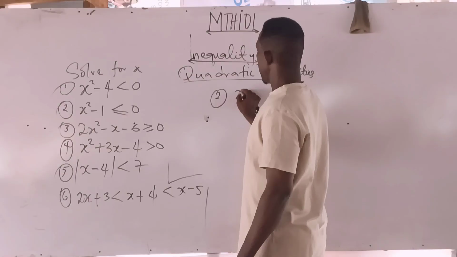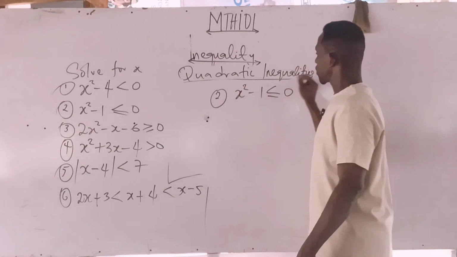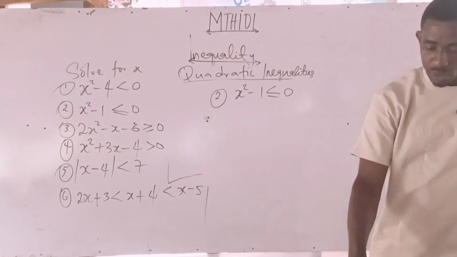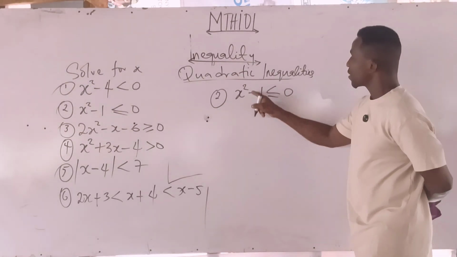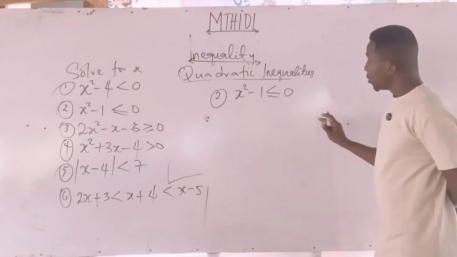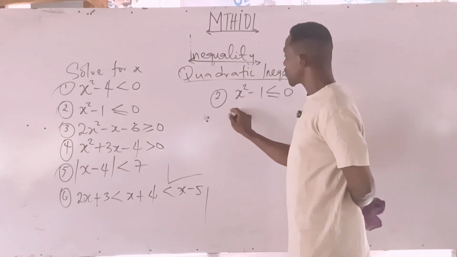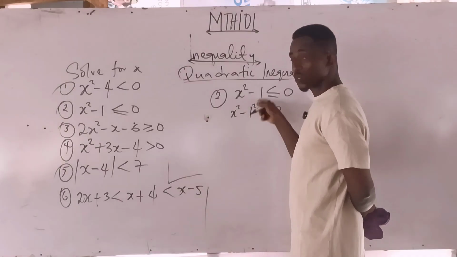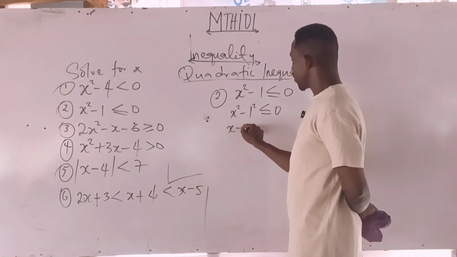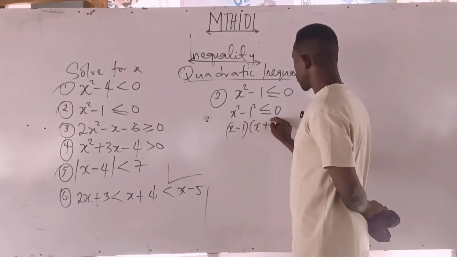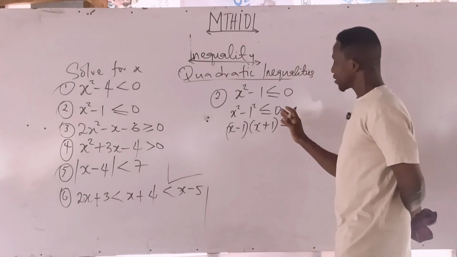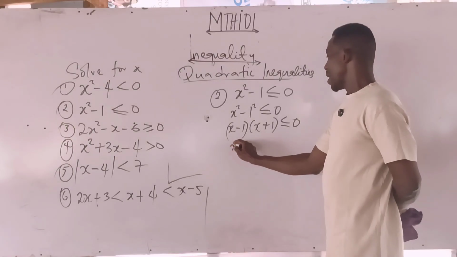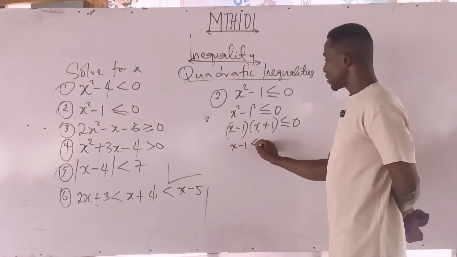Number 2, x squared minus 1 less than or equal to 0. Pay attention, okay? It's less than or equal to 0. So you now say again, difference of two squares, Abby. Remember, 1 squared is 1. So x minus 1 into x plus 1 is less than or equal to 0. As long as it is less than, you don't have any issue. So you now come here and say, either x minus 1 is less than or equal to 0,